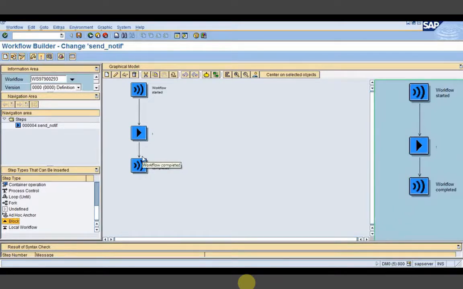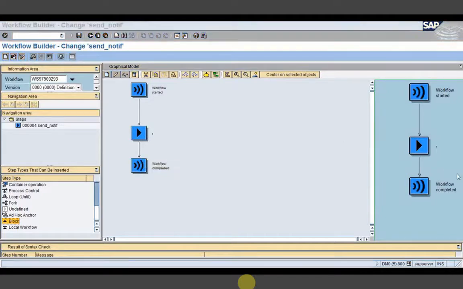If you are not aware of the workflow which is to be executed next, then we will take the help of this ad hoc anchor, and we will place this step just below the dialog step, so that the user who is executing that particular workflow, suppose workflow 1, and we have two workflows defined in the anchor step, suppose workflow 2 and workflow 3, will decide when they execute workflow 1 whether workflow 2 or workflow 3 should get executed.